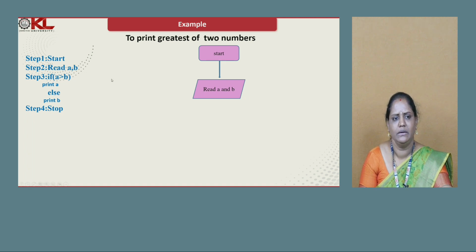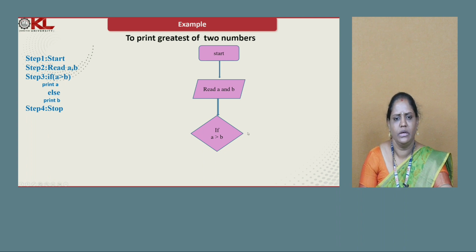Next, here we are writing some condition, we are making some decision, and to represent the decision in a flowchart we use a rhombus symbol. So, rhombus: if A is greater than B, we keep the condition in the rhombus symbol. Now this has two possibilities. One possibility is that the condition may be true or yes, and the second is that the condition may be false